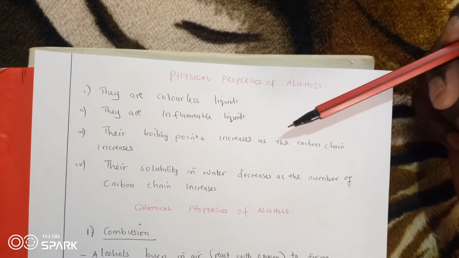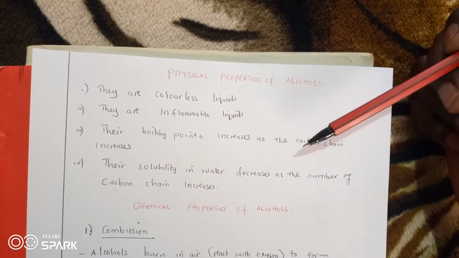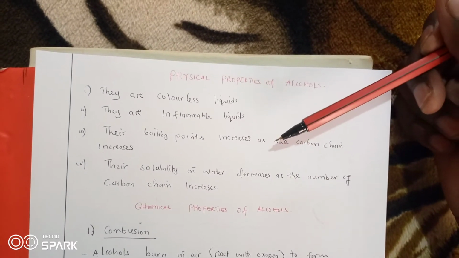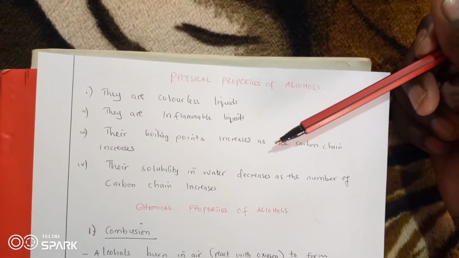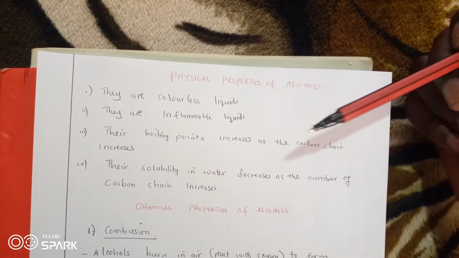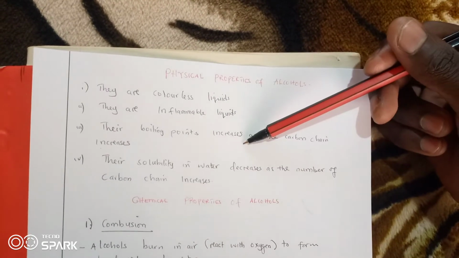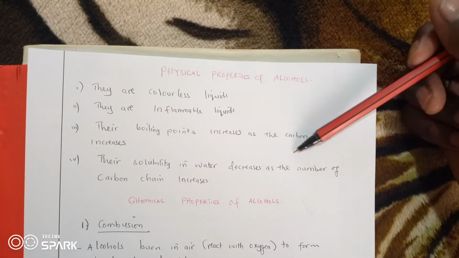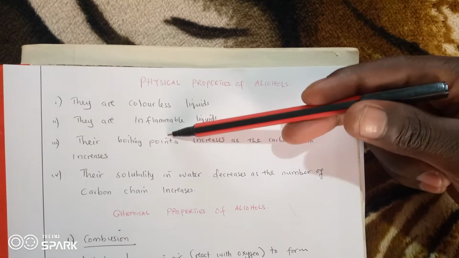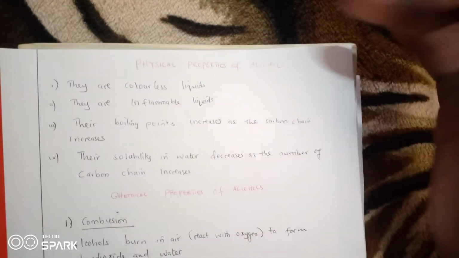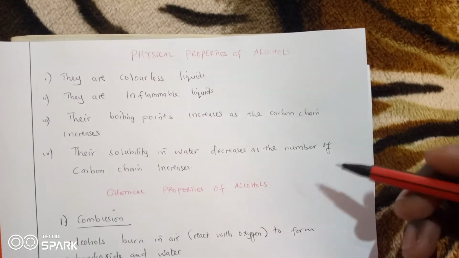But what you should know is that alcohol like ethanol is very flammable, can easily catch fire. But most of them are inflammable. And then their boiling point increases as the carbon chain increases. What does that mean? When you look at